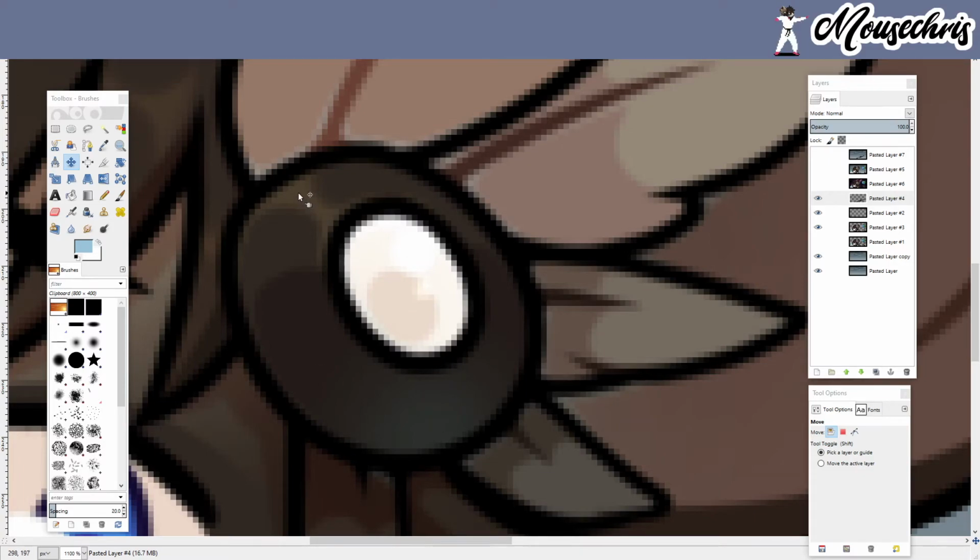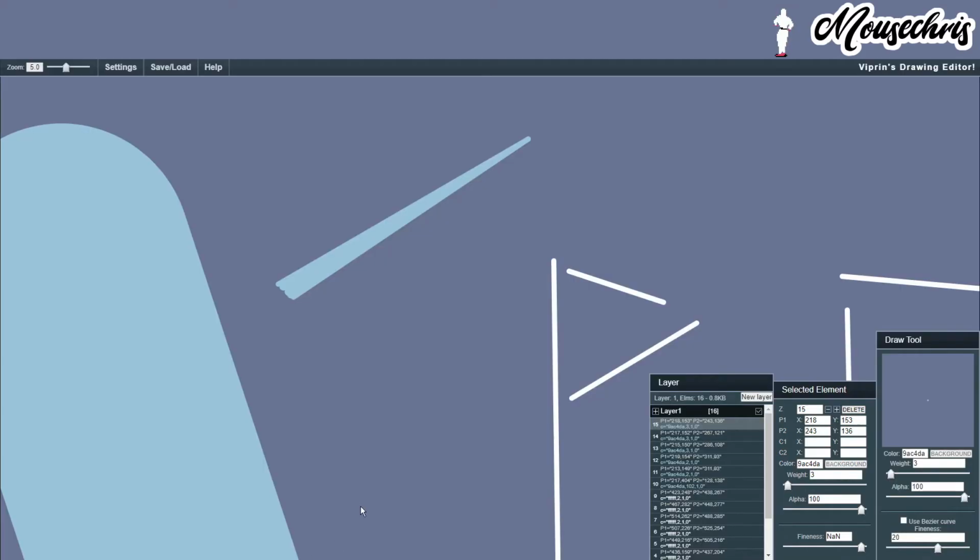the line and then make another line under it in the exact same coordinates, and then just make it a little bit bigger. That's fine. I'll even show you right here. Let's make a line be 17 pixels because I like the number 17, and we're going to turn on this right here. Now the Viprin map editor will tell you the coordinates of the line, although you don't necessarily need them, but you might need them if you have a ton of lines all in one space. So if we make that a little bit bigger,